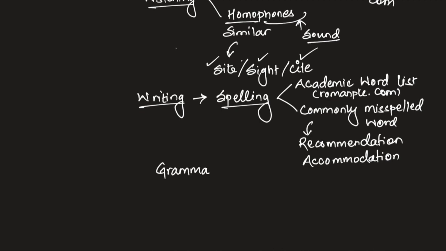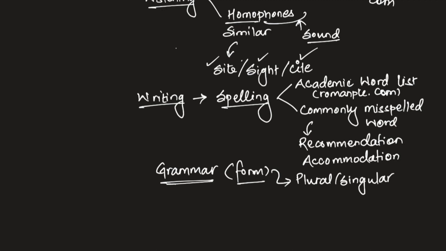Grammar is important. In case of grammar, you must be able to figure out the form of the word. Especially we struggle with plural and singular and past and present. Actually, if you learn a little bit about plural and singular and past and present forms of different verbs, I don't think it will be that confusing. For example, if someone says, "I have booked my exam," even if this last -ed sound is quite soft and you may not be able to figure it out just by listening to the speaker,